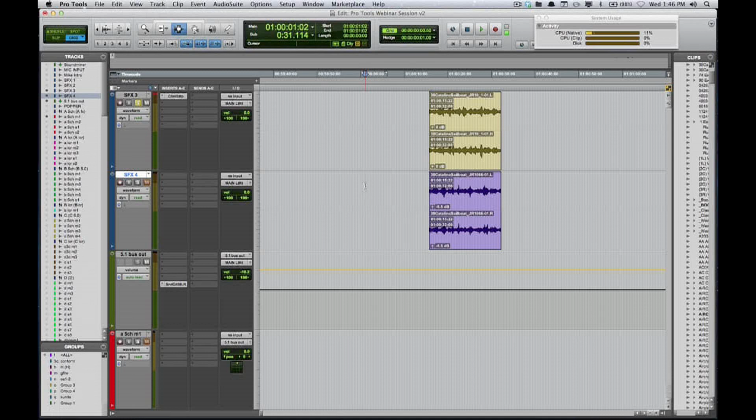We have another question. Does the Dolby Surround Tools encoder and decoder work with Pro Tools 10? Yes. Already tested it. And if you go to Avid's website, they have a full list of plugins. Their biggest spiel is that if it works on 9, it's going to work in 10. And I've actually just tested that. It does work on 10.